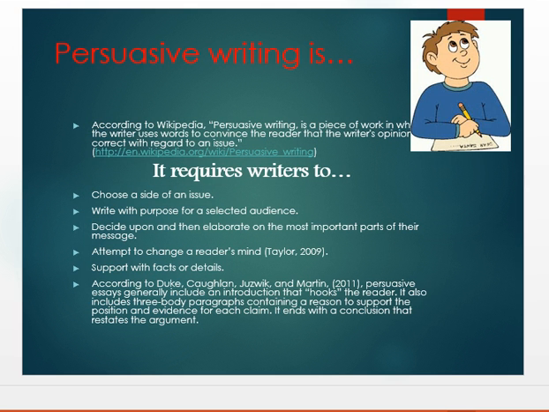So you may be wondering, what exactly is persuasive writing? According to Wikipedia, persuasive writing is a piece of work in which the writer uses words to convince the reader that the writer's opinion is correct with regard to an issue. It requires writers to choose a side of an issue, write with purpose for a selected audience, decide upon and then elaborate on the most important parts of their message, attempt to change a reader's mind, and support with facts